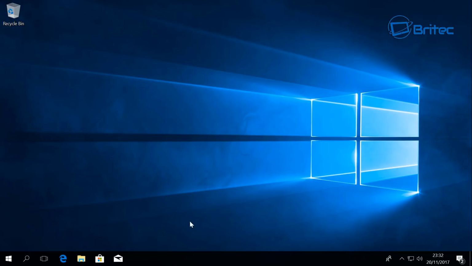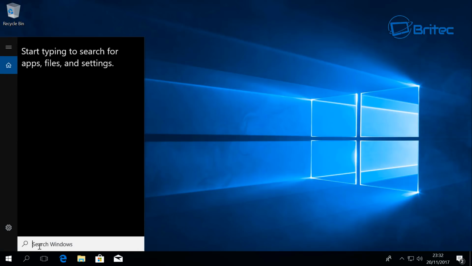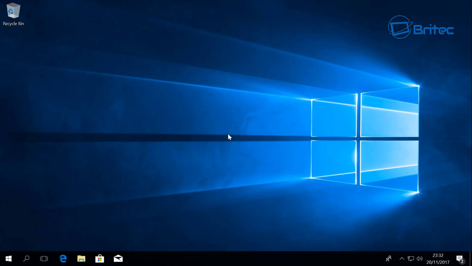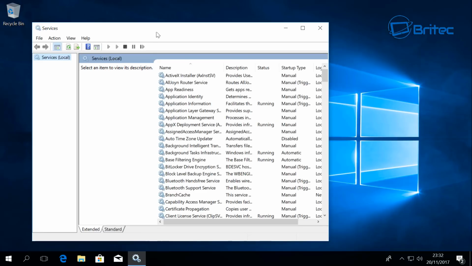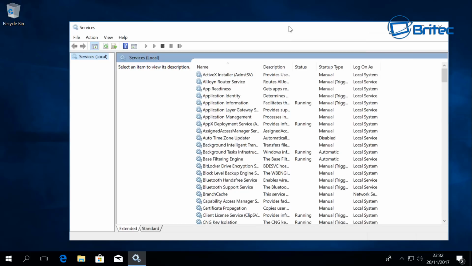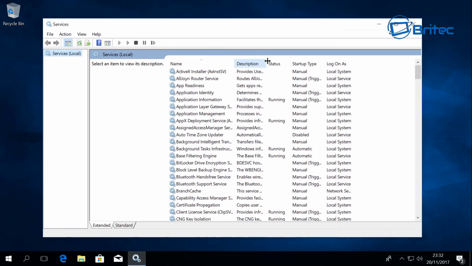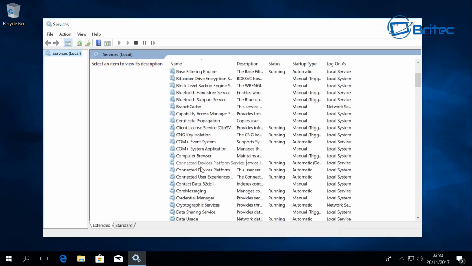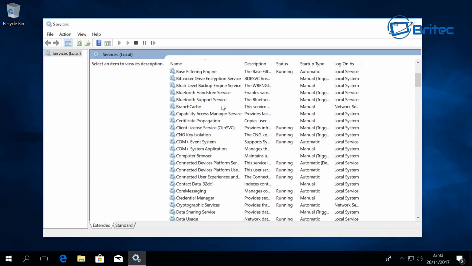So another area which we can take a look at, I'll just quickly go into services here and try and cover a couple of these for you. I'm not going to do a whole load because this video is already becoming quite long. So what we're going to do here is come down here. Just going to do a couple of these main key ones here. So these are all in numerical order here. So we're just going to come down